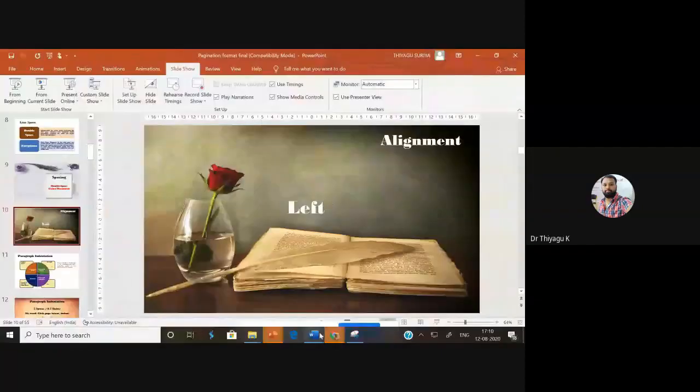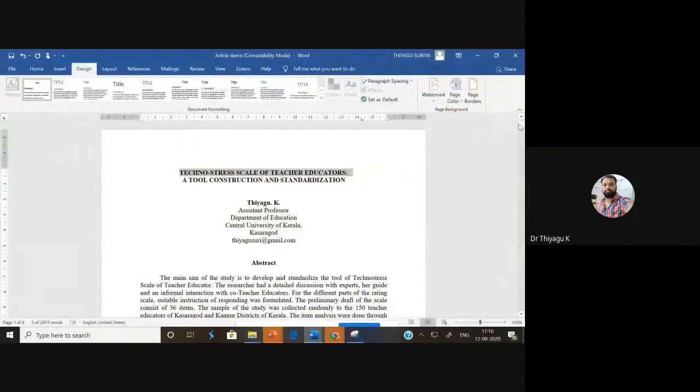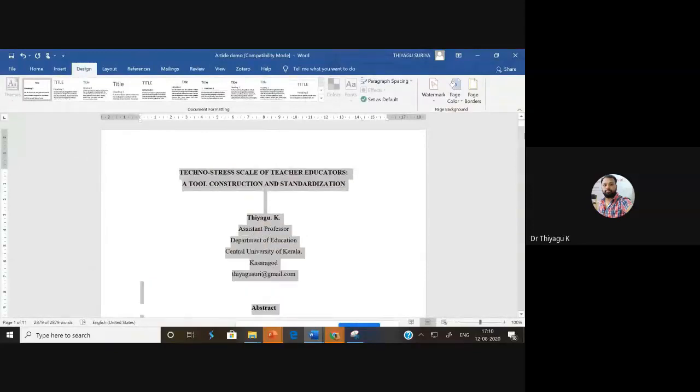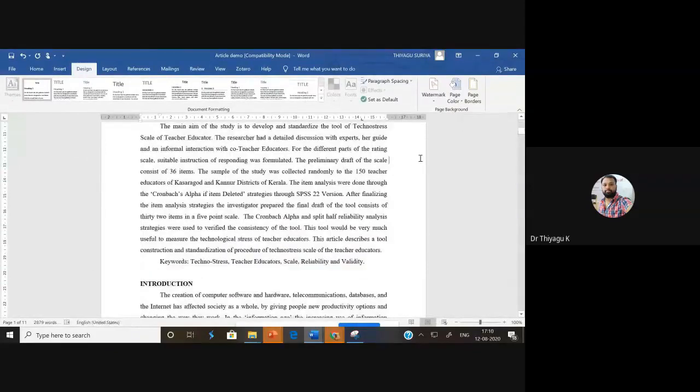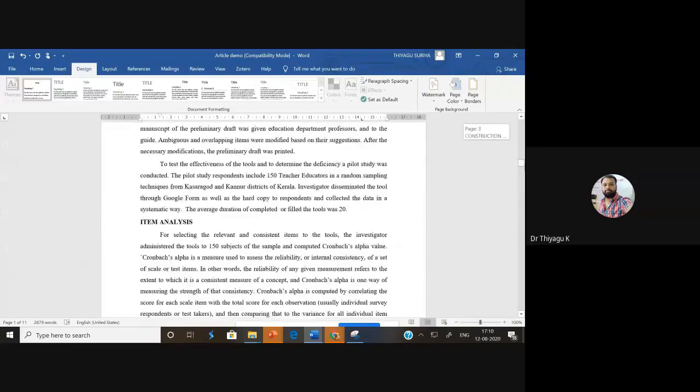I'm coming back to the Word file. This is my file. So anyone can tell, is it a justified mode, or a left or right alignment? This paragraph, can you tell? So the paragraph setting according to the APA will be left alignment. What is the alignment? Is this Saranya? No, you are seeing my paper. Whether you are seeing this, what kind of alignment is this?